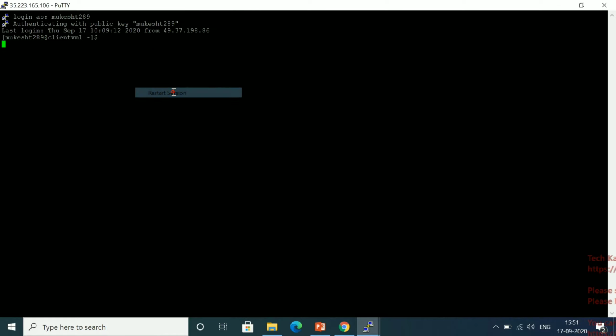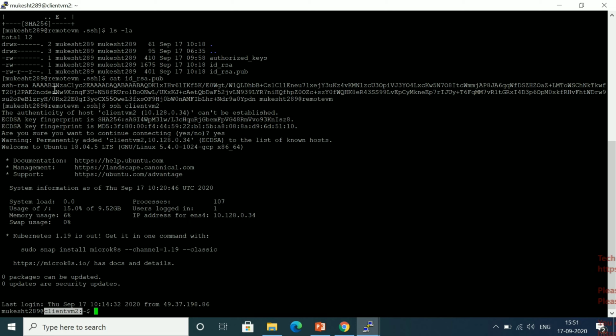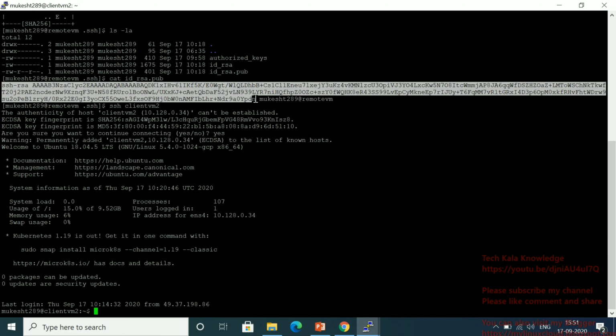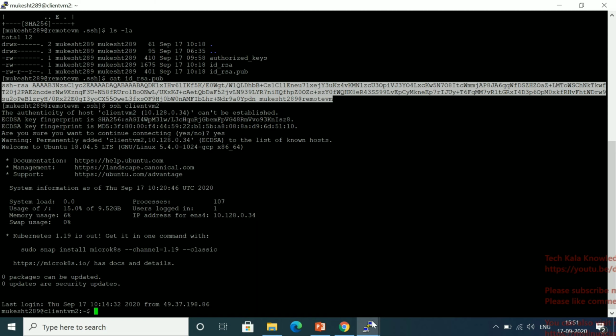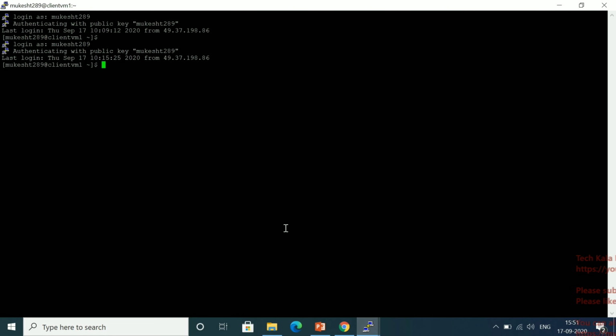Let me restart, because we got a timeout error. Let me copy the key again. Yeah, so let me go to cd .ssh again. One file, authorized_keys, is there by default.